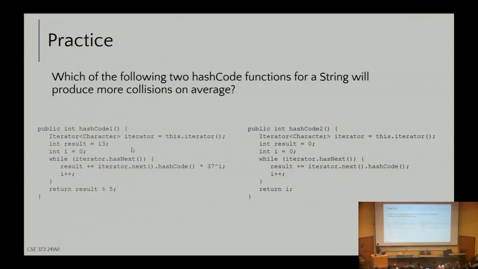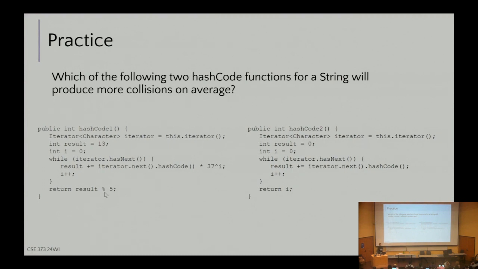But then if we come over here, like our friend said, we can see there's a lot more complicated things happening. We're trying to get a little more variation going, where we're starting result with a prime number. And then we call hashCode on each individual item. And then we multiply it by a prime number raised to i to give it even more differentiation. And then we return result, which is helpful compared to i. But we do this thing where we mod by 5 at the very end. So when we mod by 5,